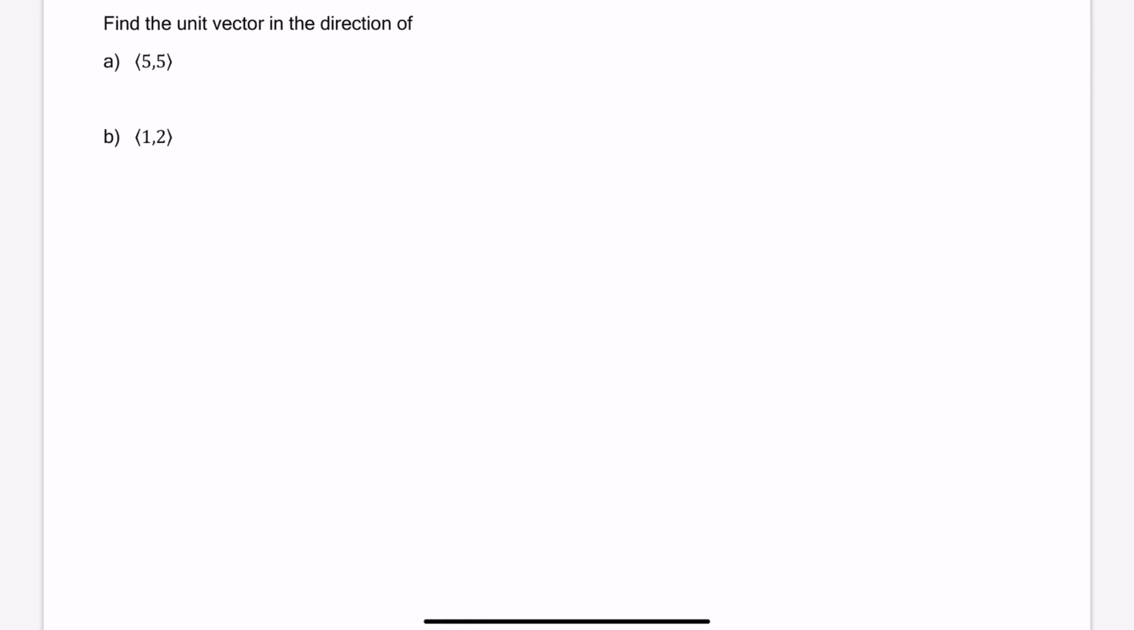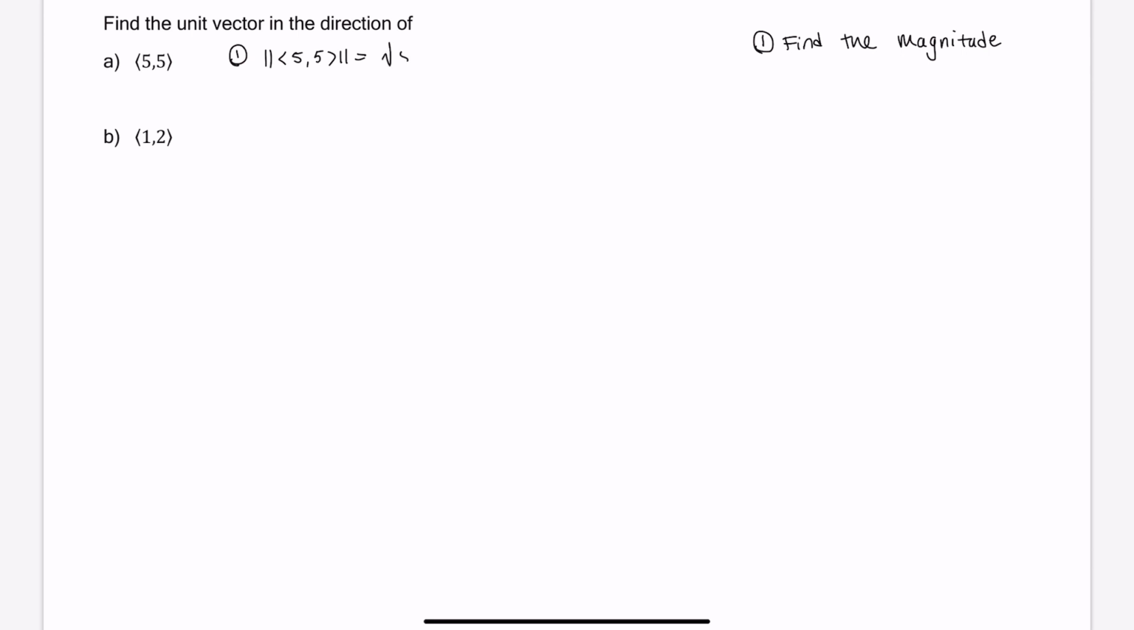So in this case, we're talking about unit vectors, which means we want a vector whose length is 1. In order to get a length of 1, we divide each component of the vector, the x and the y component, by the magnitude of the vector. So first thing you want to do is find the magnitude. So for A, the magnitude is